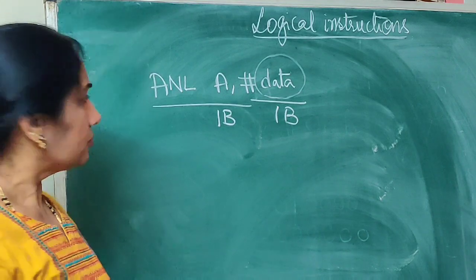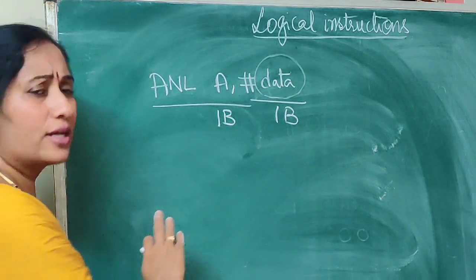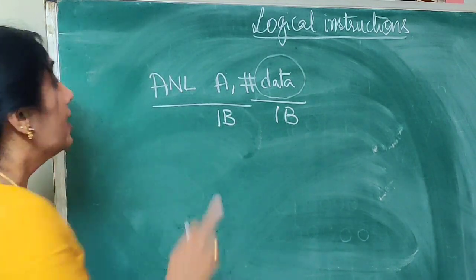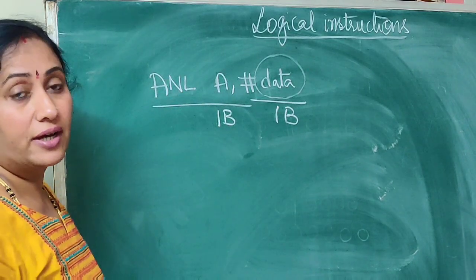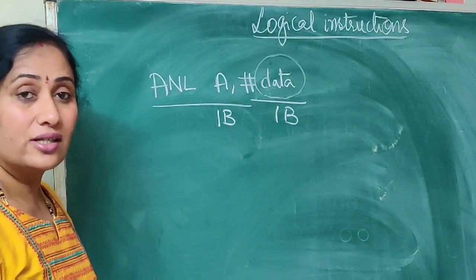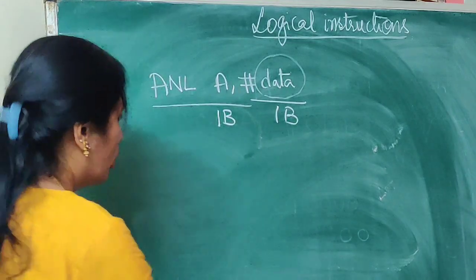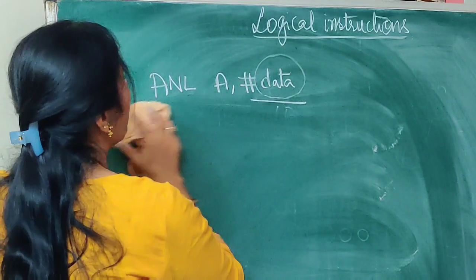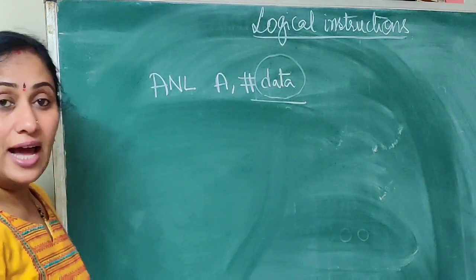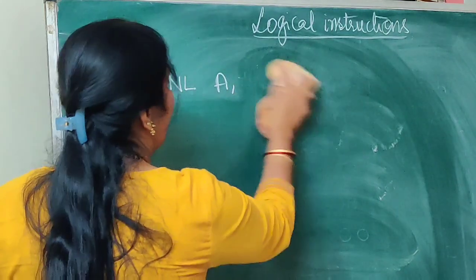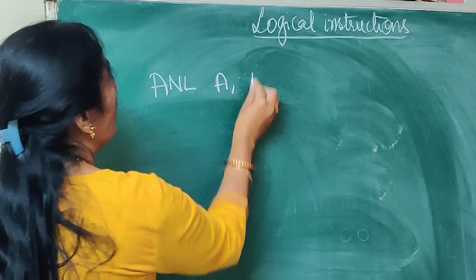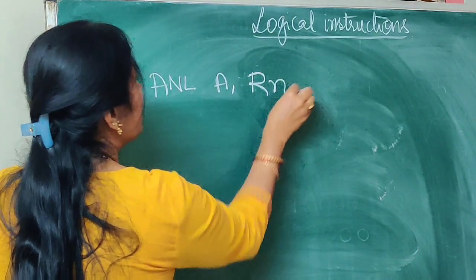So usually you are going to see that none of the flags are going to get affected, but you should know that the parity flag is going to get affected when the data is changed in the accumulator, when the data is loaded in the accumulator. So this is going to be the AND operation, wherein the source is specified as immediate data. Let me go for the next type of the instruction, wherein I am going to go for the register addressing.